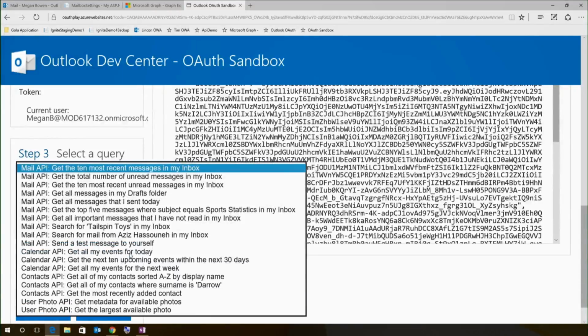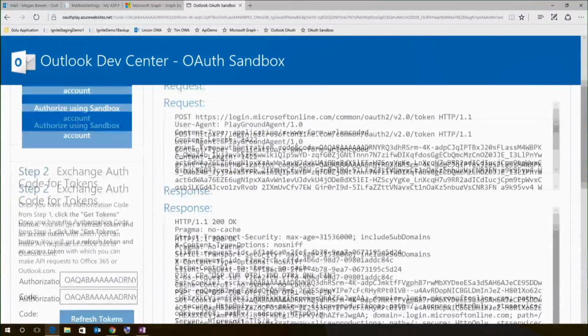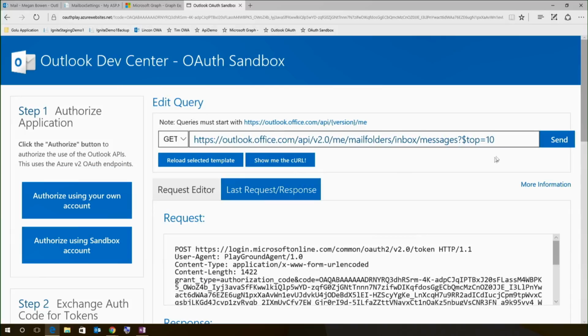We have a list of pre-canned queries which you can play with, or you can write your own queries as well. It helps you play with different APIs, different endpoints, or different versions. But for now, I'm going to stick with our latest, production version. So all I want to show over here is, similar to this,